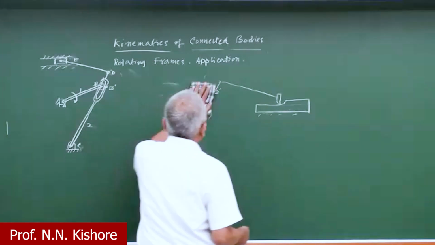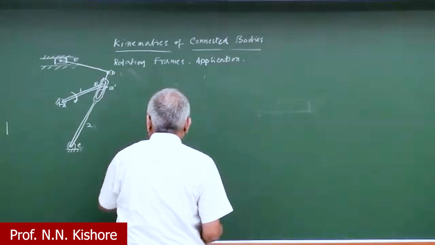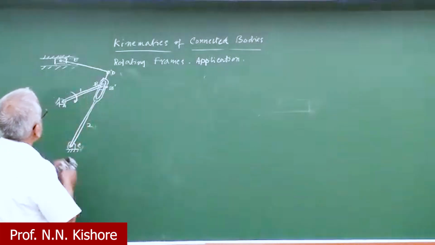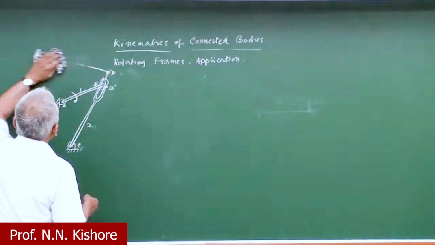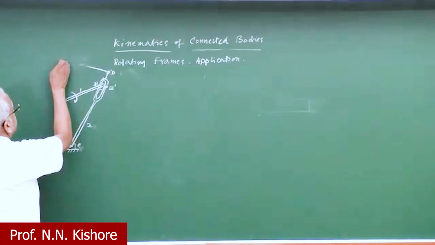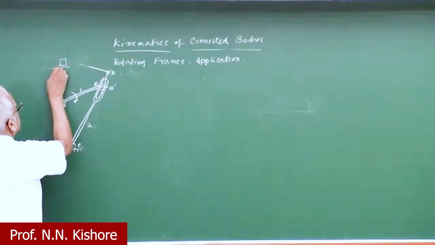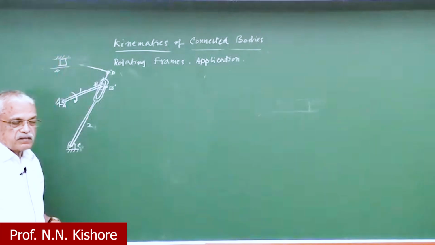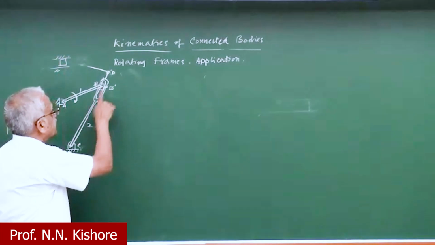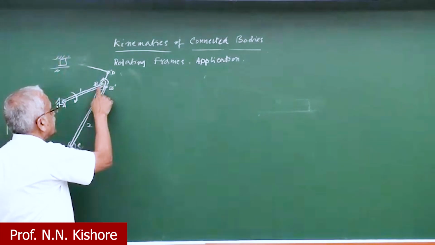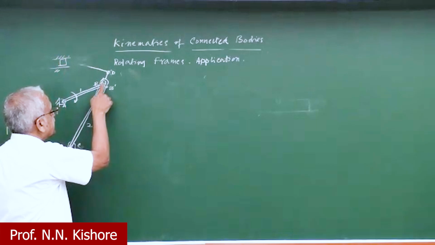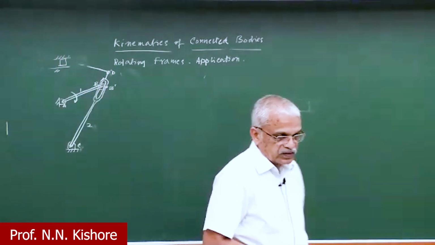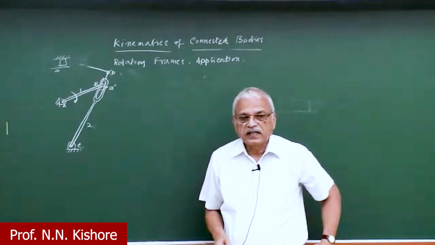Now let's go and do the analysis. This part I'll remove. Well, this is the application, this is what a quick return mechanism is. The most important thing is that this point B is a hinge on the slider, but this slider is going to move up and down. If you want to analyze it,